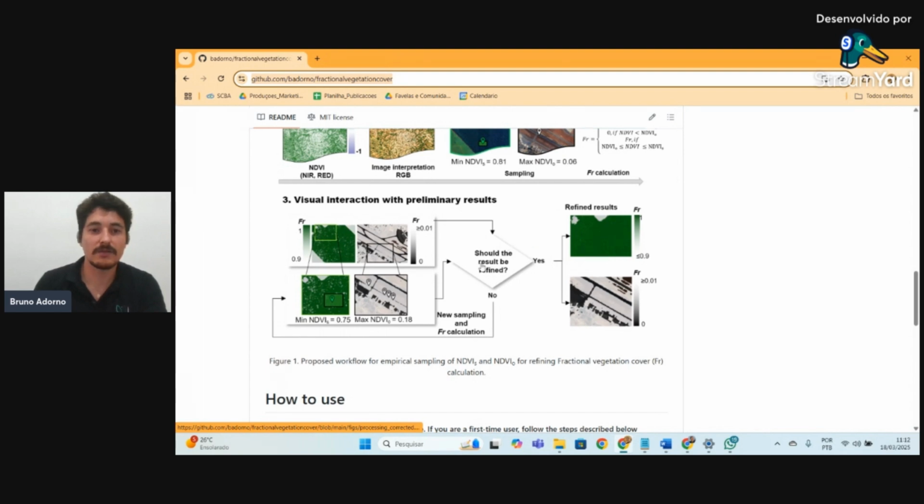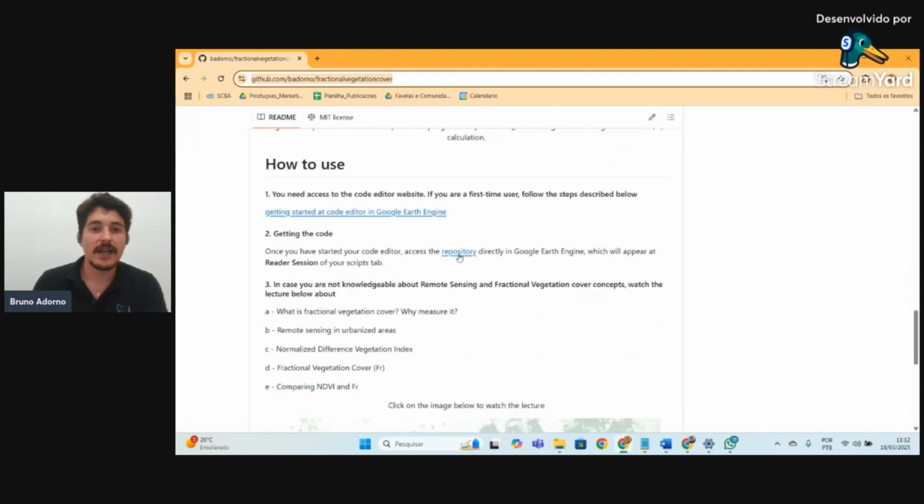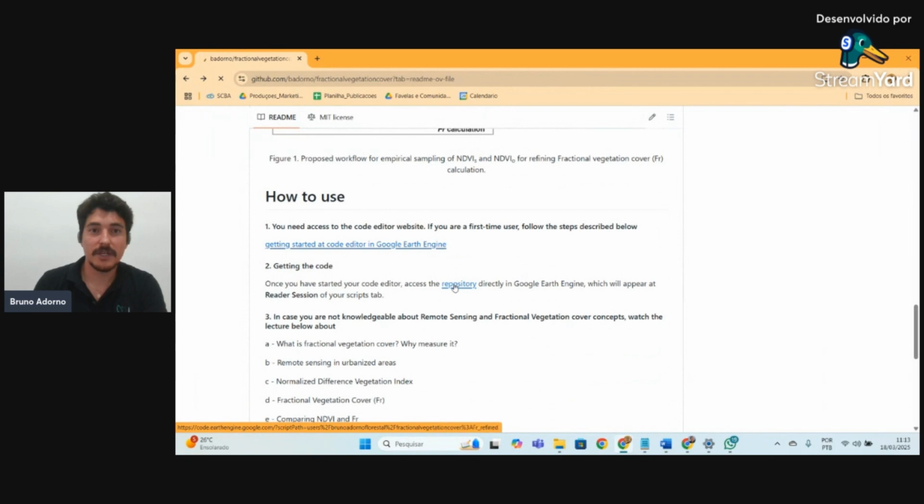Okay, now let's go to the code. To go, you select this link in the repository in case you already have your code editor account. In case you don't have, please click on this link, which will describe how to obtain your code editor account for your research. By accessing the repository,